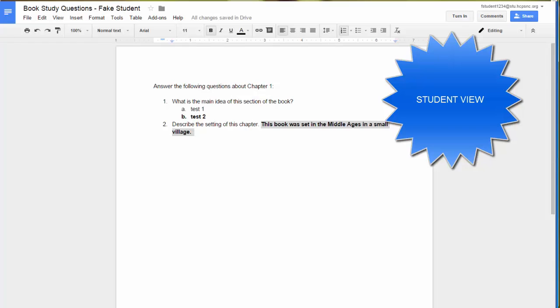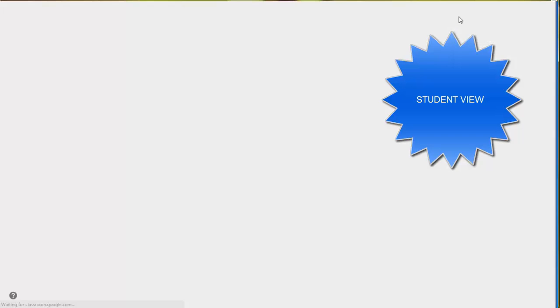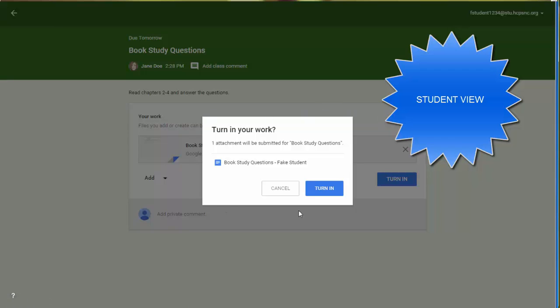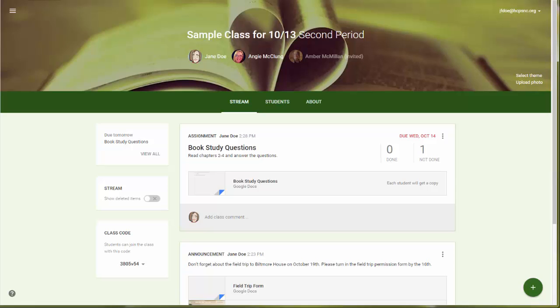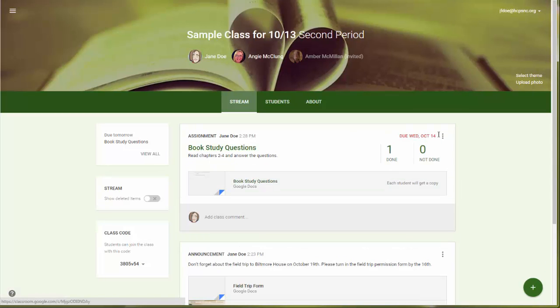What they can do is continue to work on their document, and once they have it completed in the form that they want it to be sent to the teacher, they can actually submit it directly from the document, and that will send it to the teacher and let them know that the students have done their assignments. And so now you can see that on the book study questions, it tells me that I have 0 not done and 1 done. Obviously, I only have 1 student right now,